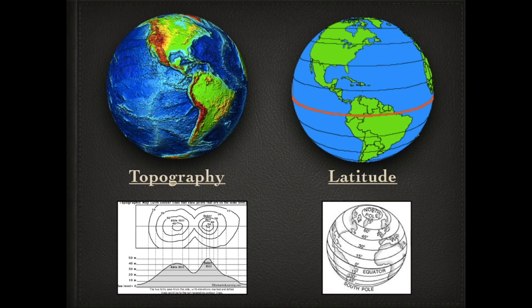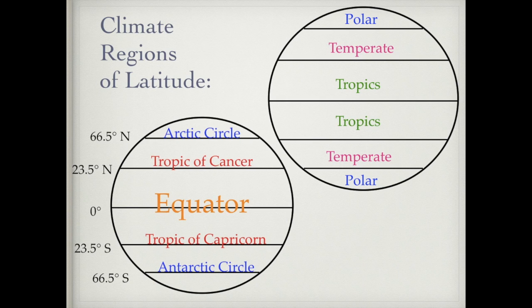Okay, so topography, we said the highs and lows. Here are the latitude lines. These are the latitude lines you need to know, and the zones. The latitude lines are on the left bottom circle. We have the Arctic Circle, Tropic of Cancer, Equator, Tropic of Capricorn, and Antarctic Circle. So you need to know these names and the latitude degrees. And then the space between those are the zones.